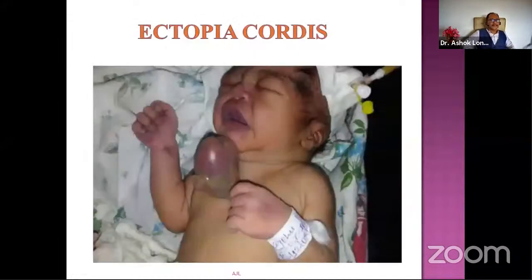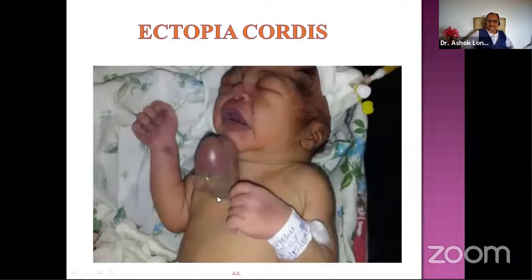Now comes ectopia cordis. Ectopia itself means displaced, and what is displaced here is the heart. The heart is supposed to be inside the chest cage. Here, the heart is out of the chest cage because the problem comes with not only the heart, but also